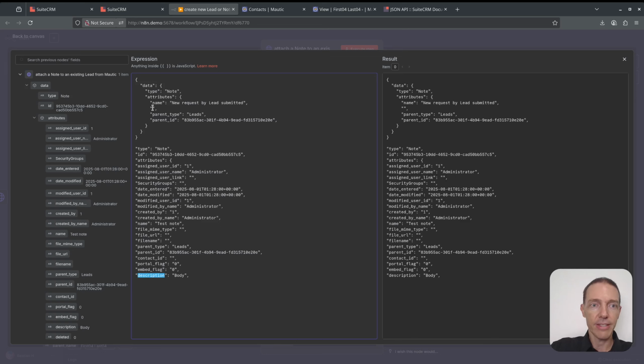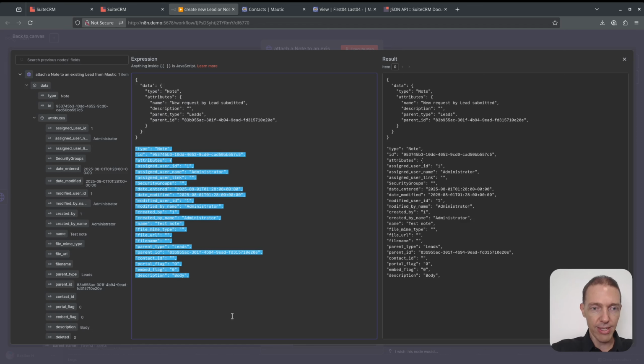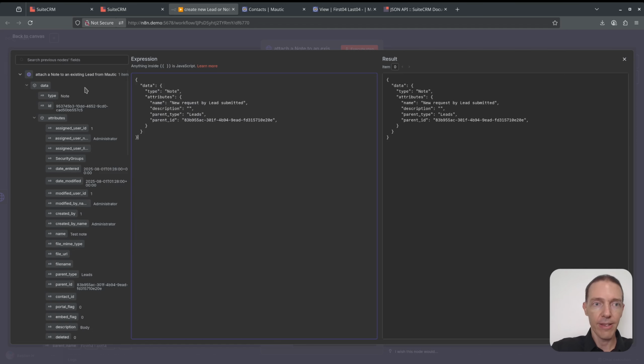So now again, it depends on what you're retrieving here from your Mautic. Maybe it's a registration for a webinar or whatever. Then you can adjust this accordingly. I don't need anything else, as it seems like. So now I need to, since we found something, no, can't really do this at the moment because we haven't found the lead yet. But I can already say like new request, and then maybe you have some variables